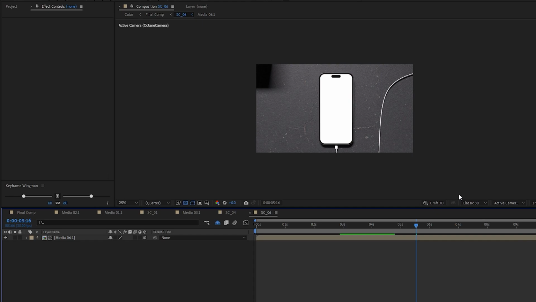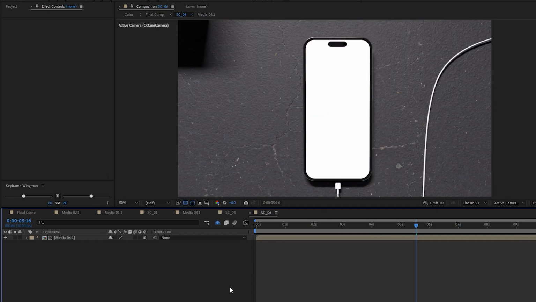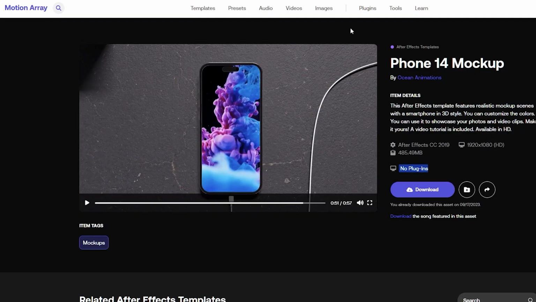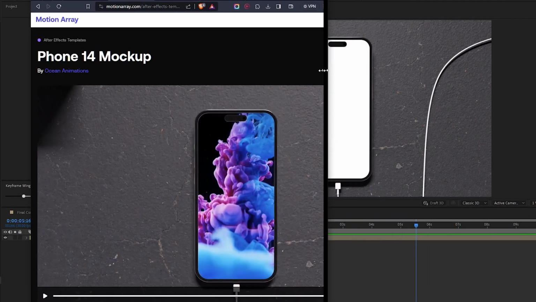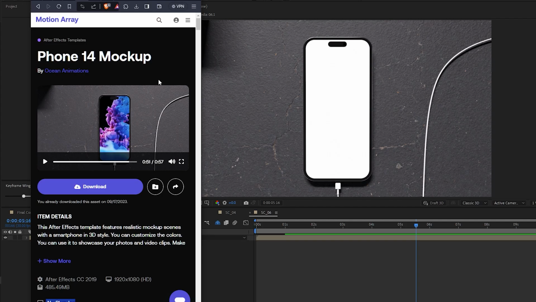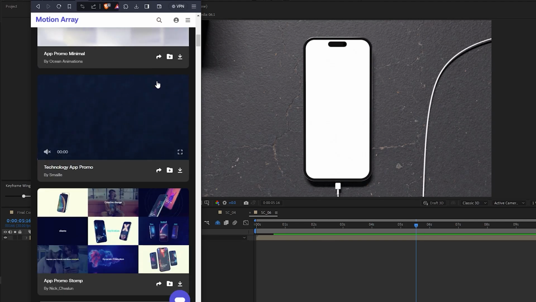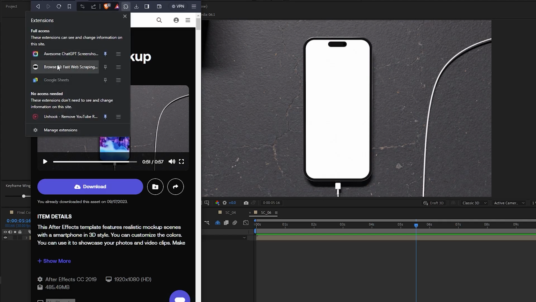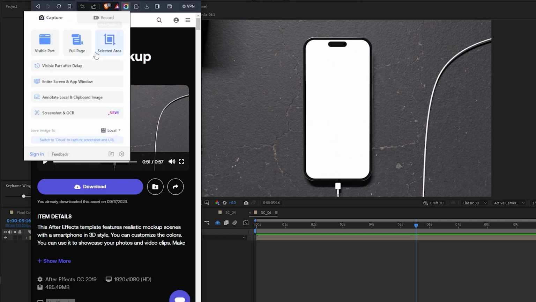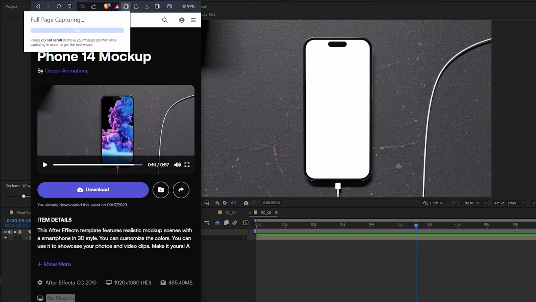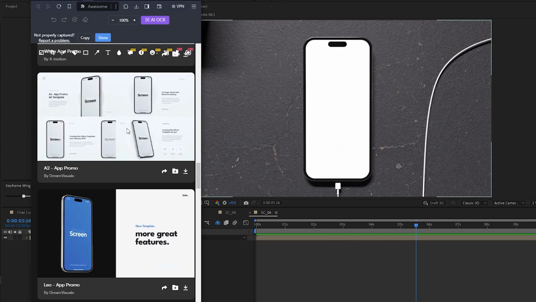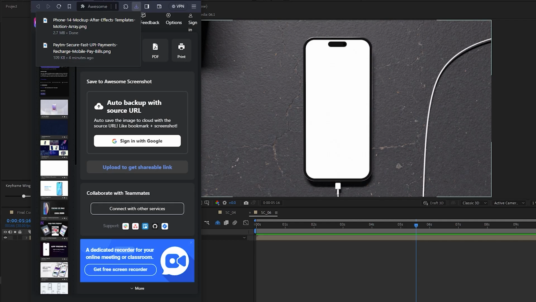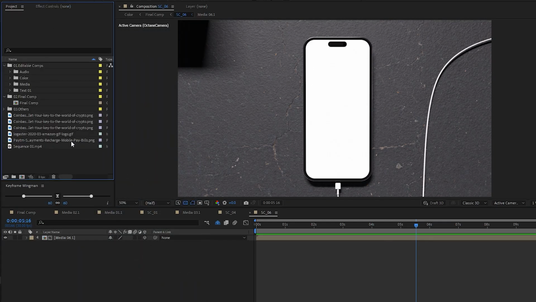Let me show you one more trick that I have. Suppose that I have a screenshot of a very long page, for example this page. I will make it like a phone image and this is how it will look, right? So I'll go to my screen recorder, that is Awesome ChatGPT recorder, and take a screenshot of the whole page, import it inside of my After Effects,